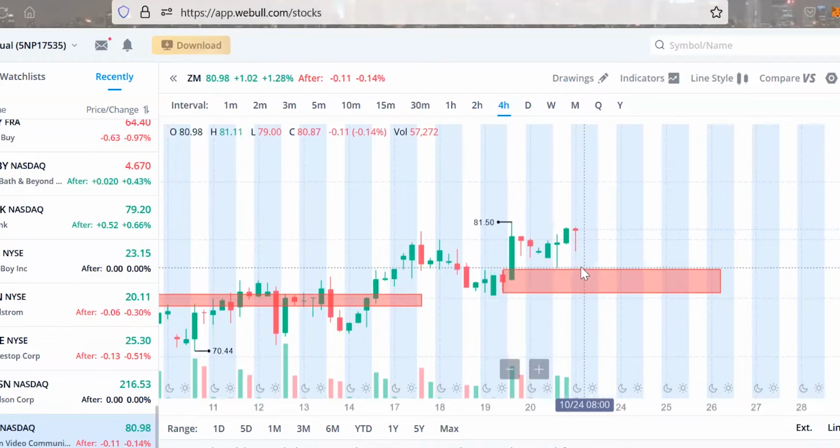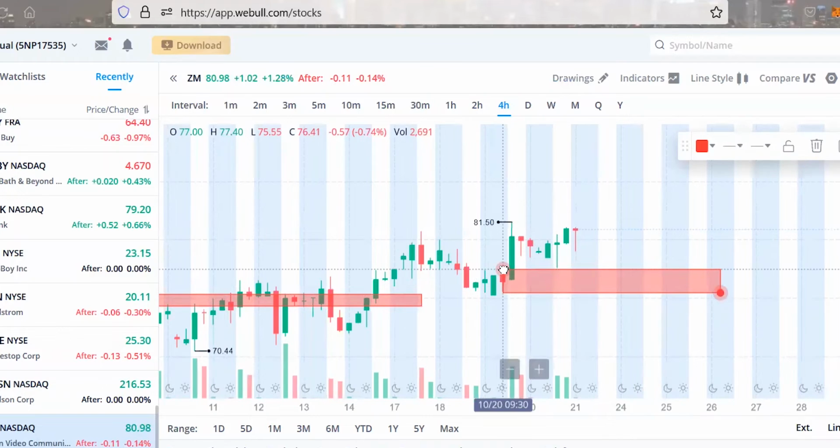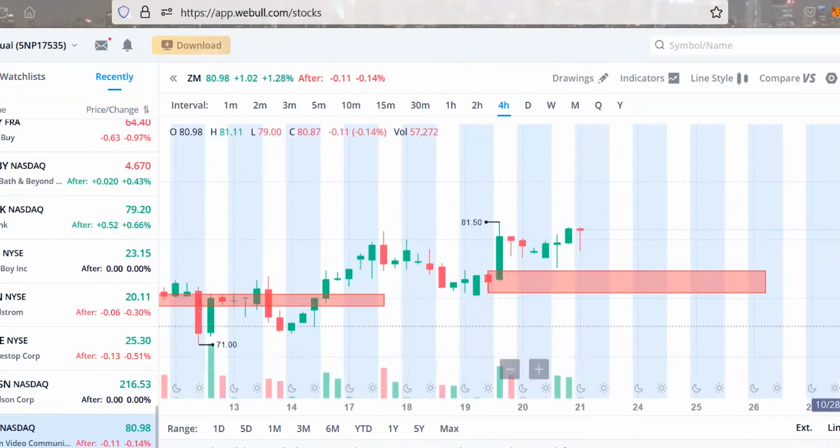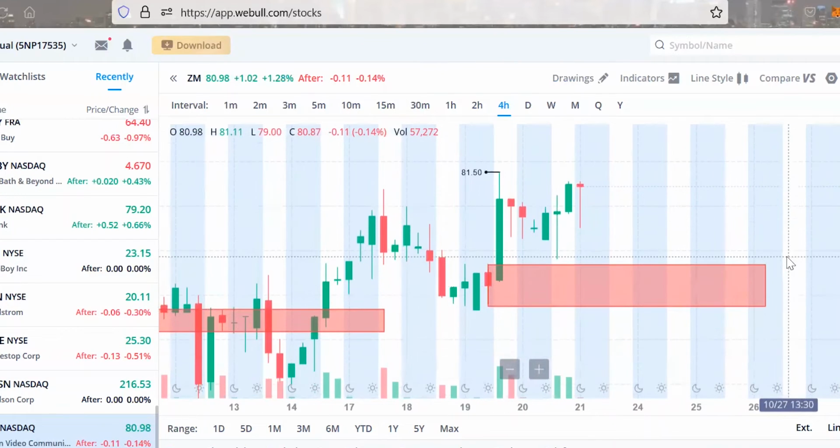Want to make sure it's perfectly measured. So it barely touched it, but it did go up. So what does that mean? It means, if I have everything correctly here, which I mostly do,